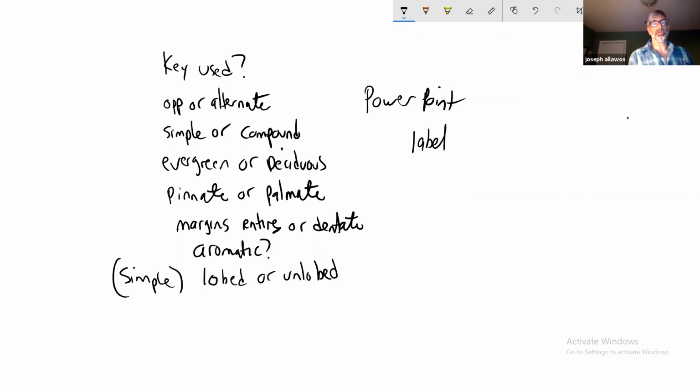And the label is going to have the following information. It's going to have, believe it or not, the county and state that you collected the plant in. Since we can't really even travel to most countries right now, I'm assuming it's the United States. So maybe you live in Madison County and you got it there, so you put Madison County, North Carolina. Okay. Collected by,